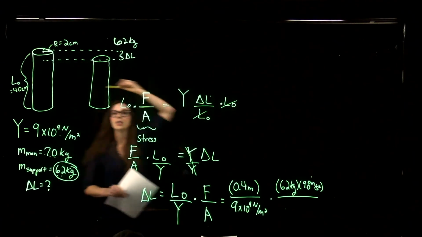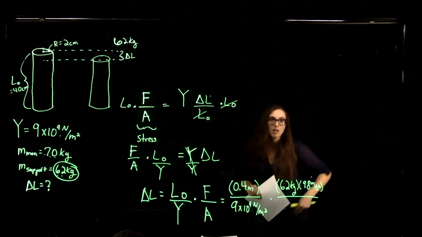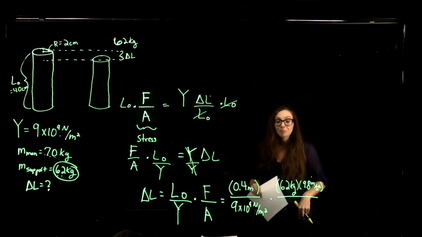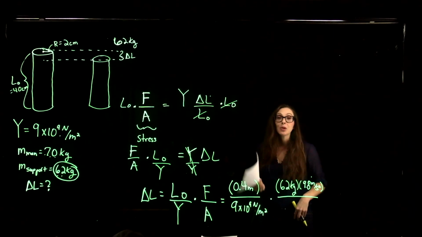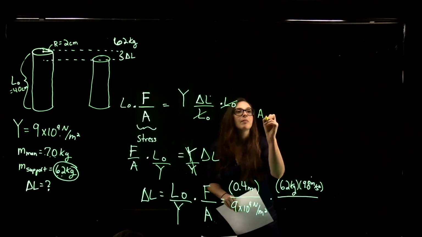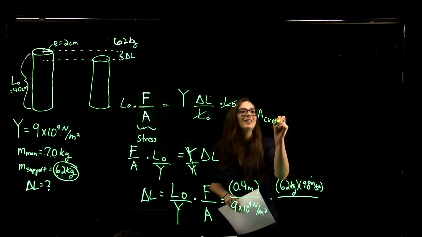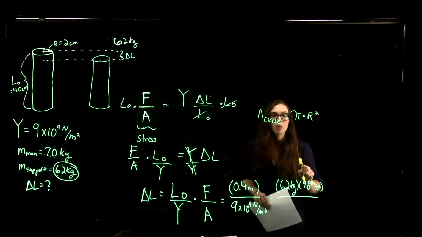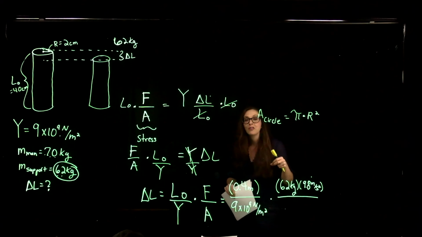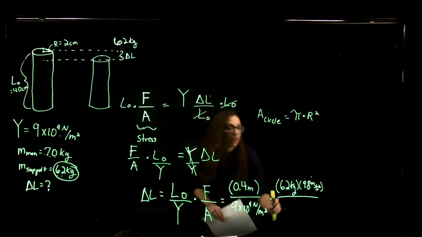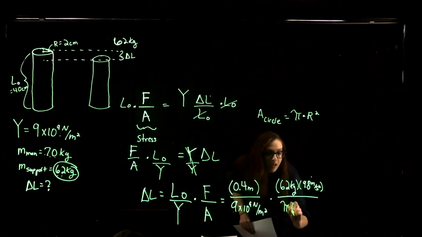We're told the radius of that bone, which we're approximating as a long cylinder or rod. So the cross-sectional area of a circle is pi times the radius squared. Okay, this equation is also on the very back of your equation sheet, last page of your equation sheet. So the area here is going to be pi times the radius,